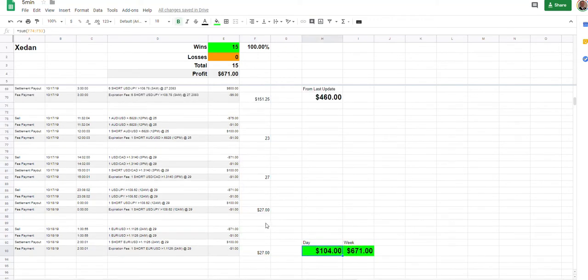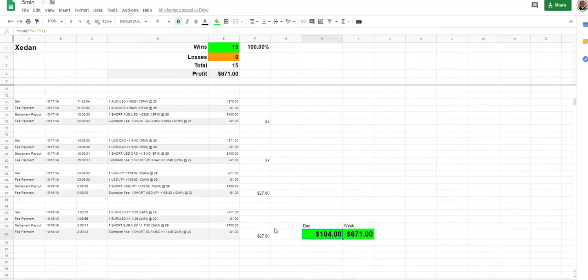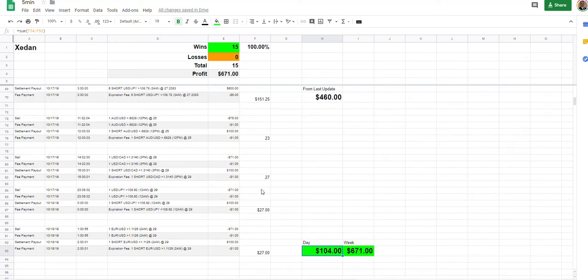So again, you can choose to be more involved or not involved with the process. I also, the past week, have not manually traded at all. I've just been so busy with everything else going on. But that's a good premise for the bot itself to do what it's supposed to do. It's supposed to be that gap. It's supposed to be that filler. I wouldn't lean on it as a complete set and forget kind of process, but I would tell you that